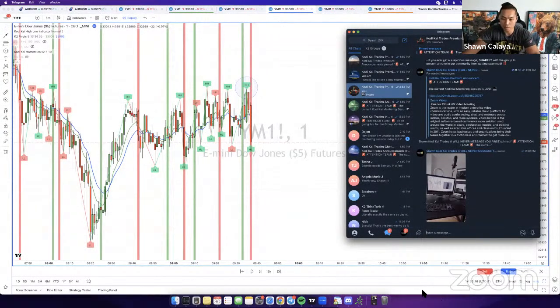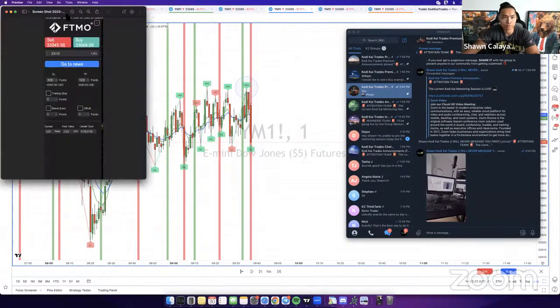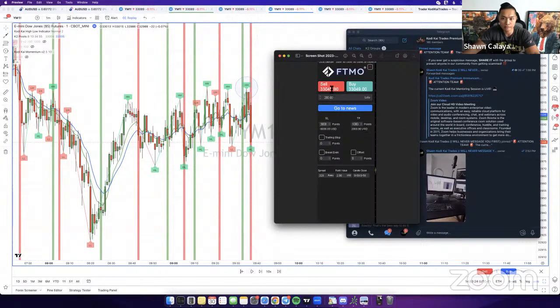I have my TP set up already. So it's pretty straightforward. Everything's pretty much good to go. Got my TP set up. As soon as I hit buy or sell, it just automatically places the order. So that's typically how I would make an order.